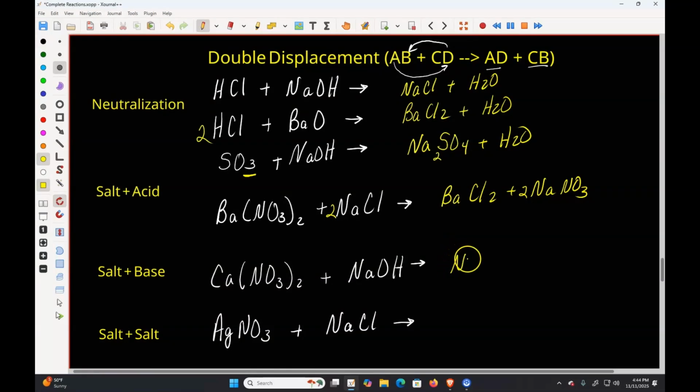So the salt will be sodium nitrate, and the base will be calcium hydroxide. Salt plus salt will just yield another salt plus salt. So that's going to be